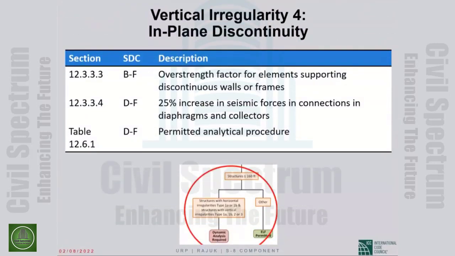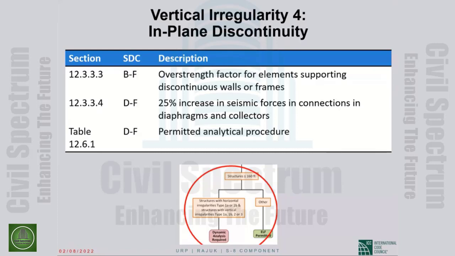If you have type 4, then the ASCE 7 provisions that are triggered are overstrength factor for elements supporting discontinuous walls or frames. That very important requirement gets into the picture. Overstrength factor for elements supporting discontinuous walls or frames. Okay. Then 25% increase in seismic forces in connections in diaphragms and collectors. And then